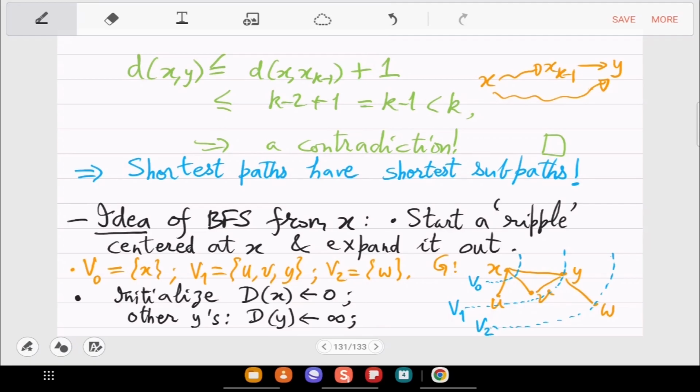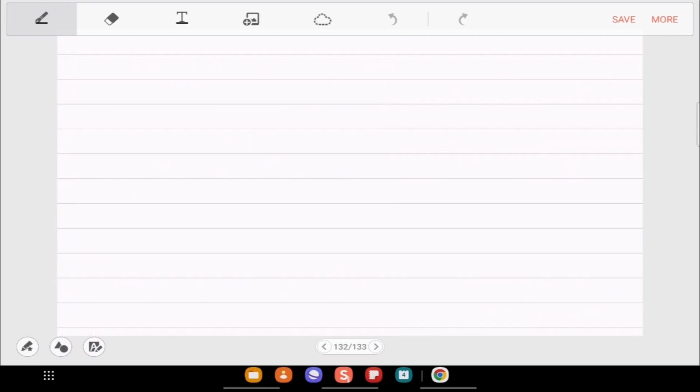Okay, so this is what you start with, an array big D which is of size n, initialized to 0 at x and everything else infinity. Okay, and this is the temporary distance, and then as the ripple proceeds, it will get updated. And the claim is that at the end of the pseudocode, you have all the correct distances stored in this array. So compute V1.